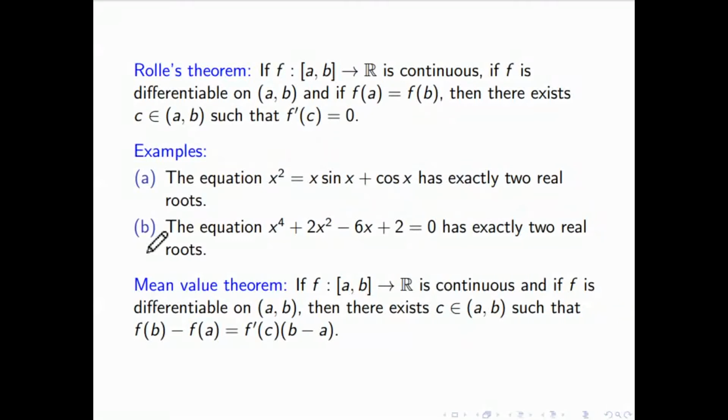The intermediate value theorem tells whether the function will have a root or not, that is, f(c) is 0. Rolle's theorem says that its derivative is 0. And what does the mean value theorem say? Can anyone tell, what is the geometrical interpretation of the mean value theorem? It has a slope. Yes, the slope of the secant through the two points is equal to the slope of the tangent.